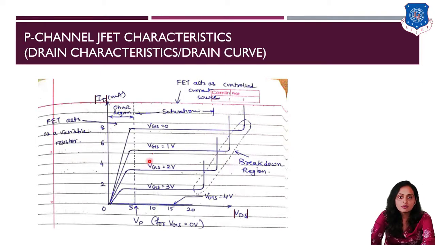Then at the input side we will set up VGS is equal to 1 volt, and again the same procedure is followed. VDS is increased and ID is also increasing. At a certain level it becomes fixed. And if we keep increasing the VDS after a certain amount, then we find the breakdown takes place at the PN junction. And this is the graph for P-channel JFET. Over here mod of ID is shown and mod of VDS is shown, because VDS is negative over here, but we have shown the positive values, that is mod of this VDS is shown.